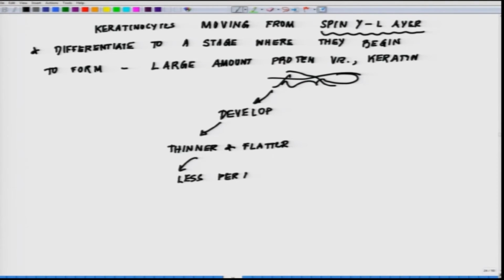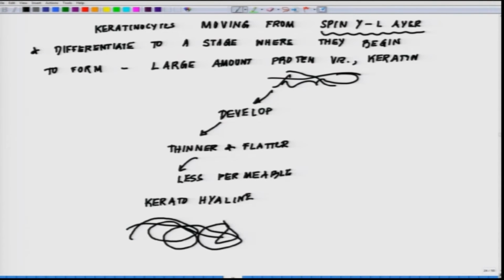Now, this keratin converts into keratohyalin, and keratohyalin forms dense granular structures, keratohyalin granules. Now, you see from where this layer got its name,